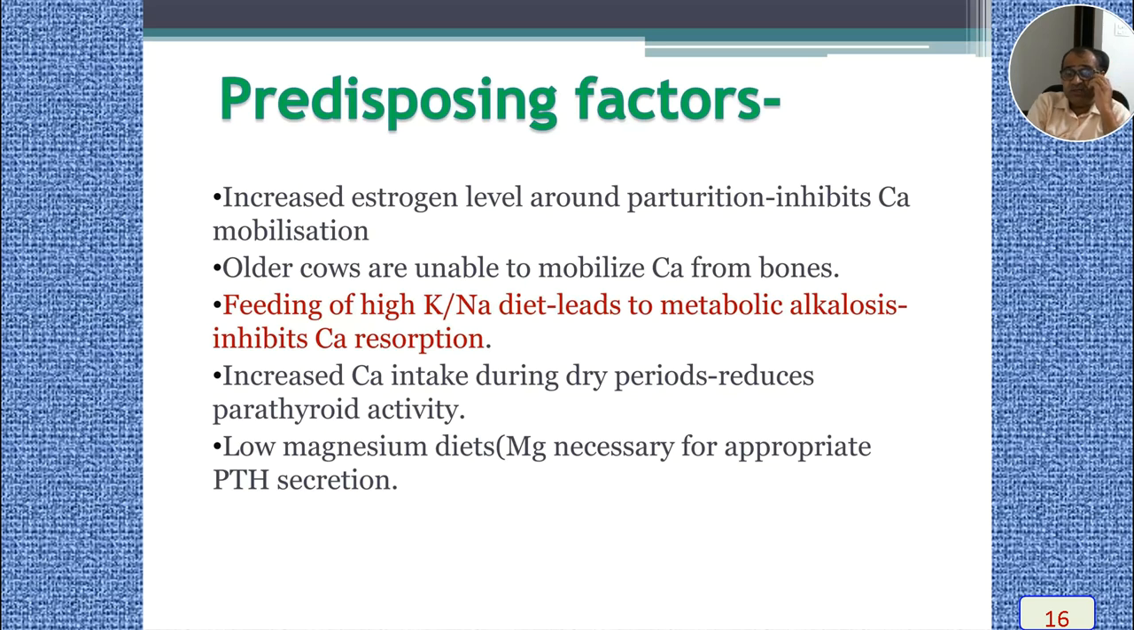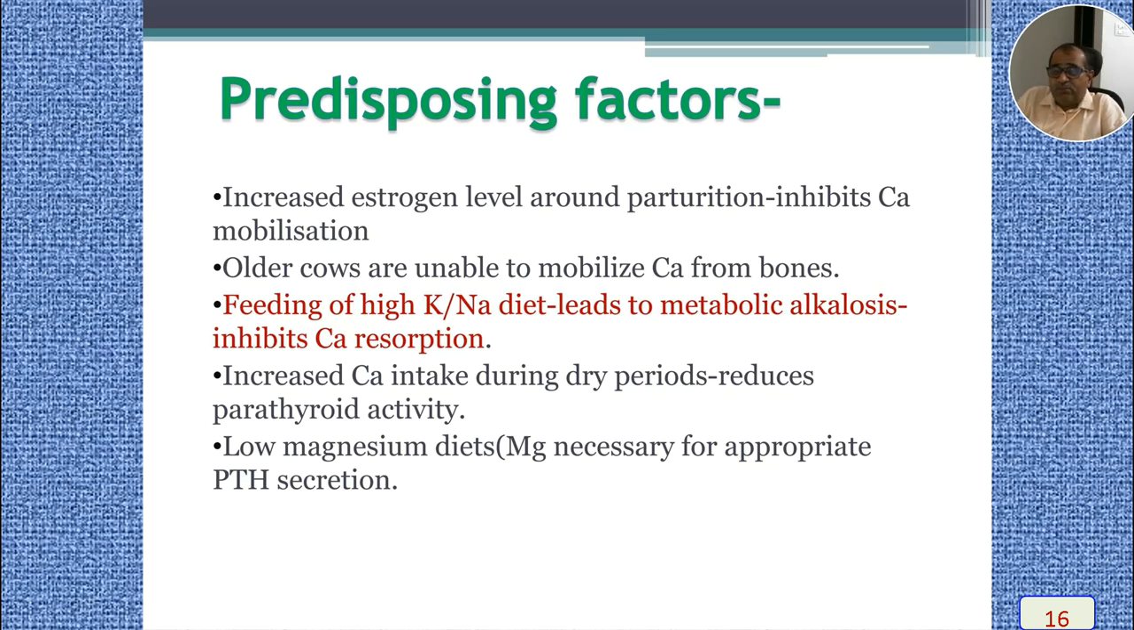So, what are all the predisposing factors for milk fever? The increased estrogen level around parturition inhibits calcium metabolism. Then older cows are unable to mobilize calcium from the bones, because the bones are the pools of calcium, and the calcium of the body is deposited in the bone. Whenever there is an abrupt onset of lactation, the calcium should be poured out of the bones. But due to certain reasons, it is not released from the bone